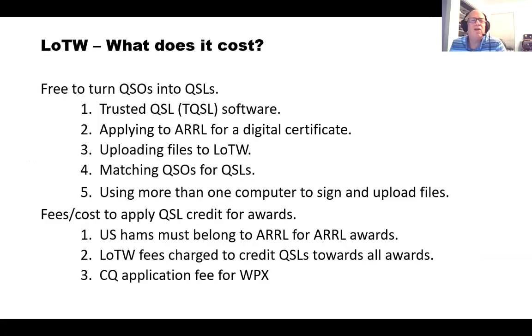Okay, what does it cost? Trusted QSL is free. Applying for a registration digital certificate is free. Uploading files to the Logbook of the World is free. Matching QSLs is free. And you can also use more than one computer to sign and upload files. You just put the TQSL and the TQSL6 file on all the computers, and they're all good.